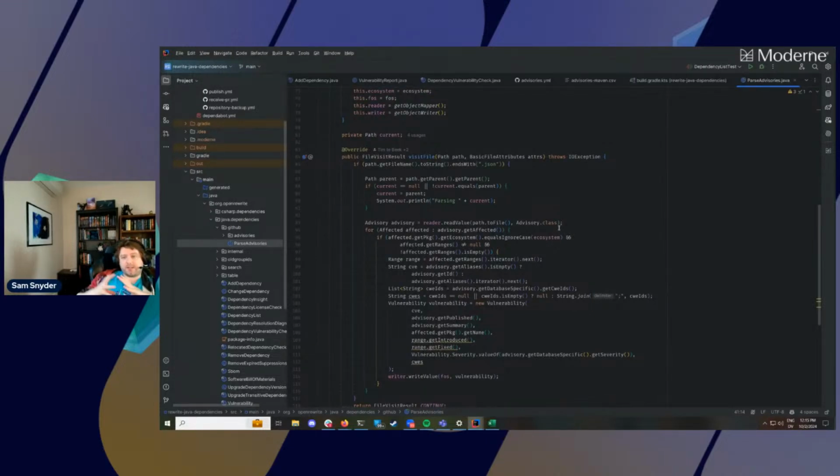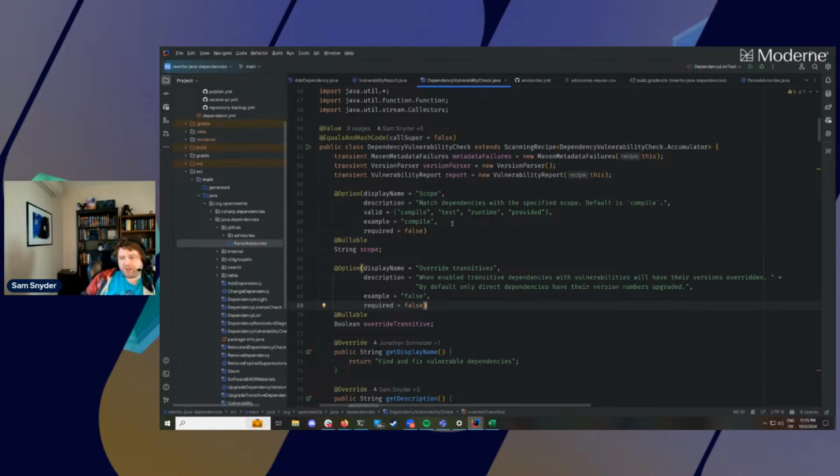So if you wanted to use an alternate data source, you could potentially fork rewrite Java dependencies, or just create a new recipe in your own recipe module that used similar logic to go download your vulnerability source and parse it into some format that could be bundled with the recipe, and then change the recipe to draw from there instead. Now, it is also possible, if you have a running server, that recipes can issue HTTP calls, so you can call out to some server that you have running in your environment, and have the recipe